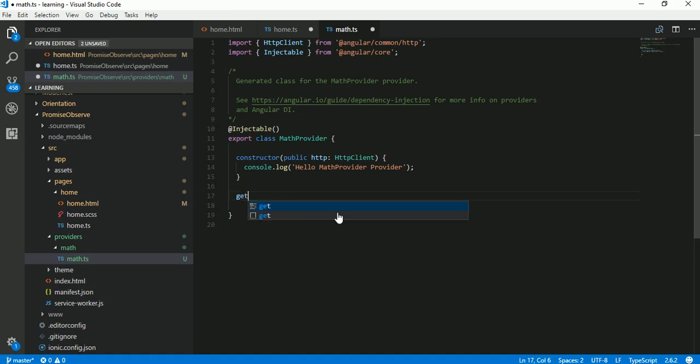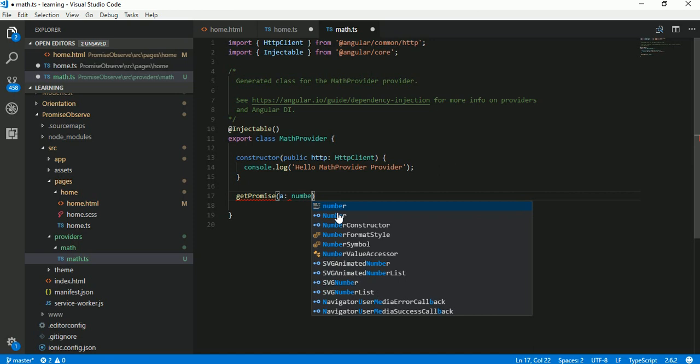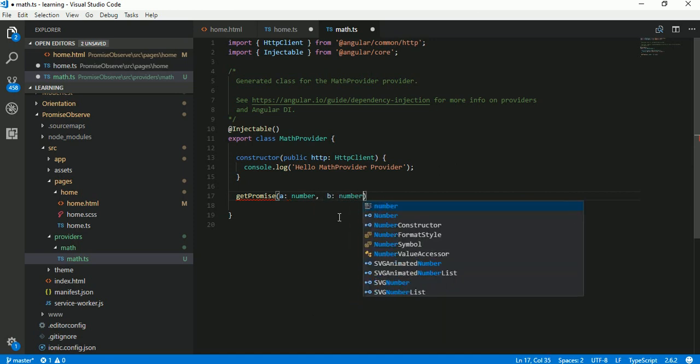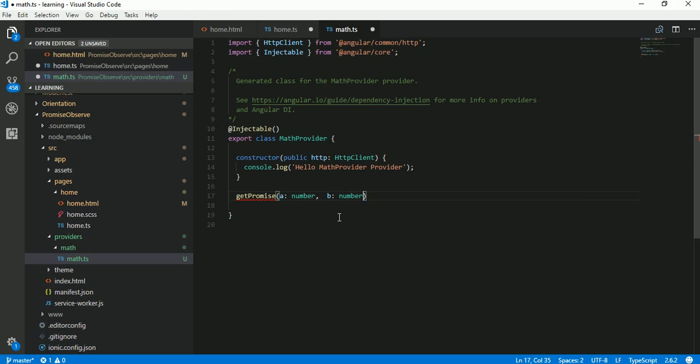I will create a function called getPromise, and it will again accept two parameters. One is number a, and another one is again number b. This function is going to return a promise,